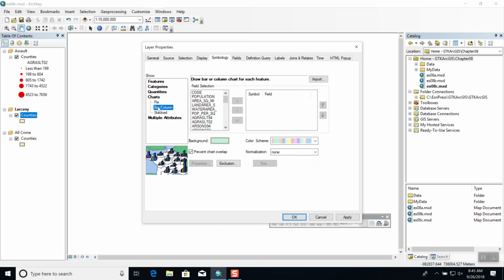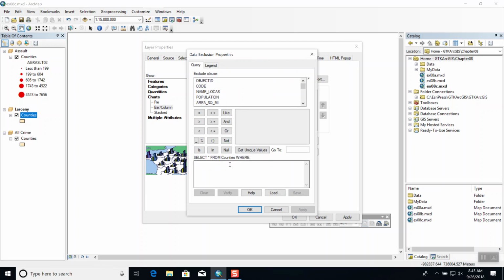Scroll down the field selection list, click larceny 94 and click the right facing arrow. So we click add here, click larceny 02, click the greater than symbol again, add both of them. Your bar chart colors are randomly selected, may be different than the ones in the graphic. Click the exclusion button